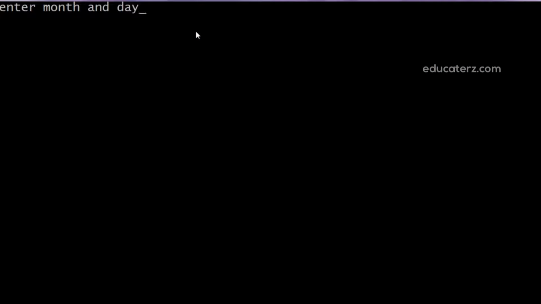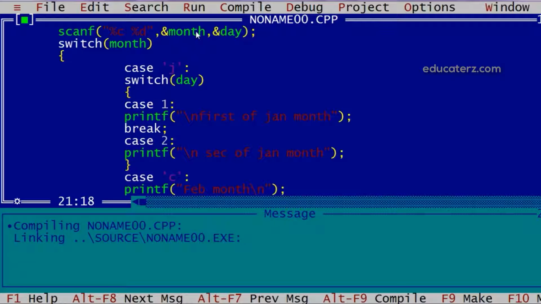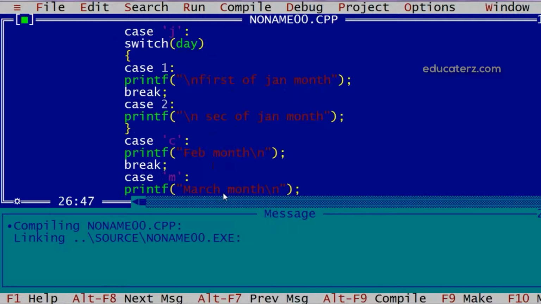Now if I execute this, I'll give J and 2 as an input. So we got 2nd of Jan month, and then Feb month. So 2nd of Jan month, and after that break is not given. So we are getting the next statement also executed till the end, or break.